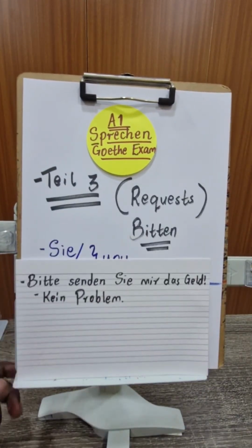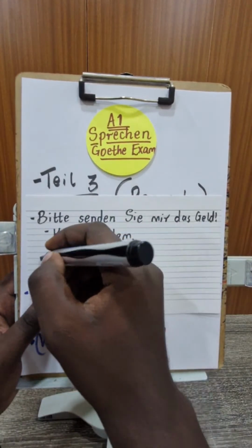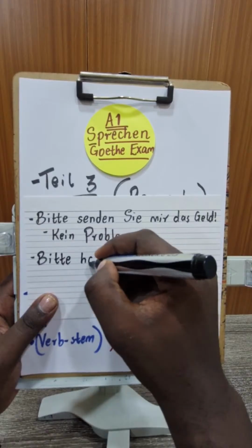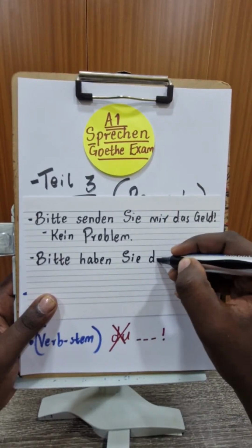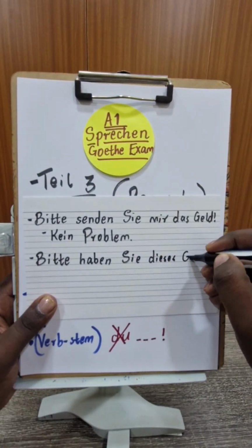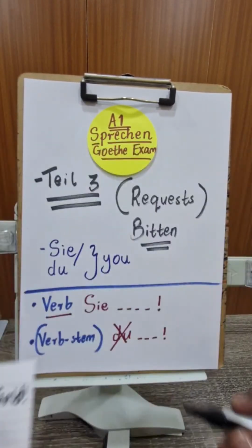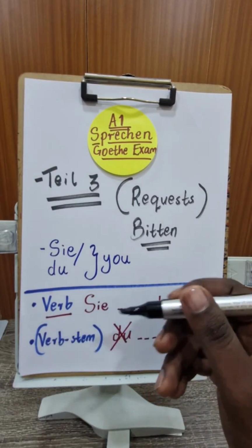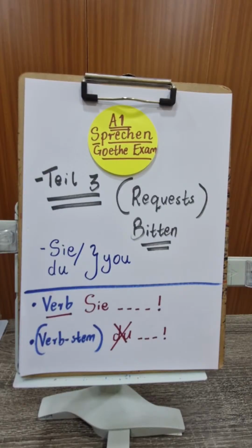Now, the second one, you could also tell somebody, please have the money. That is, bitte haben Sie dieses Geld. Look at that. Bitte haben Sie. You're seeing all of them are pointing back to this formula. Your verb and then Sie. Haben Sie, bringen Sie, nehmen Sie, and so on and so forth. All right. So in conclusion then,